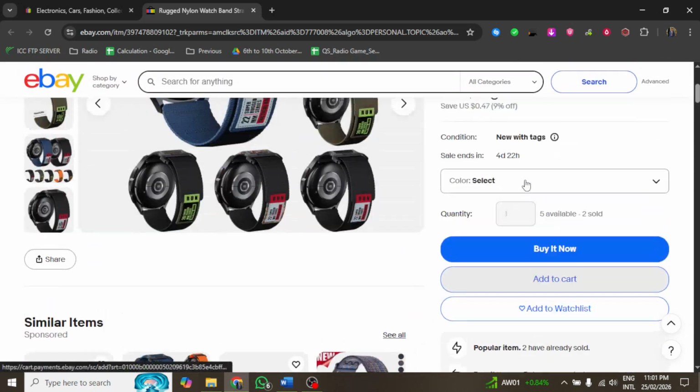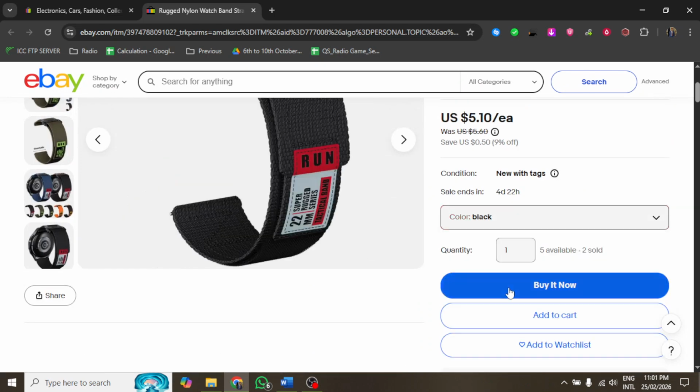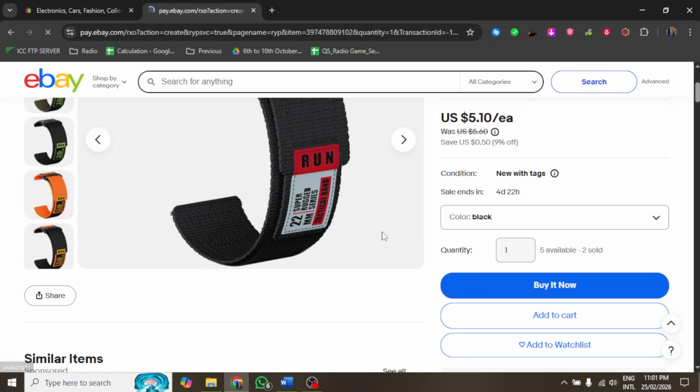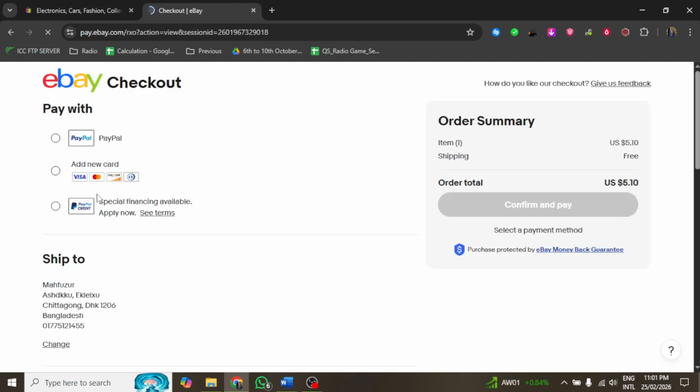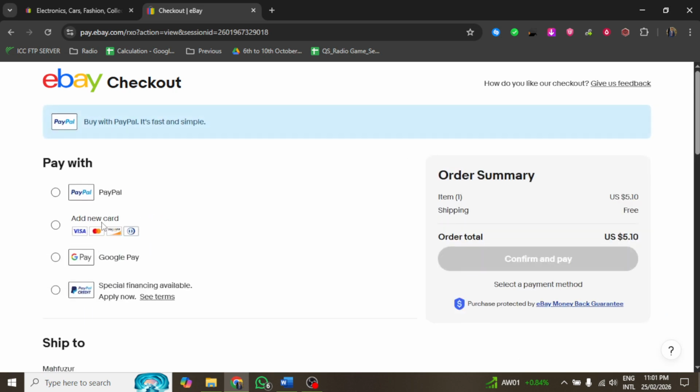During checkout, you will see various payment options available. Look for and select Afterpay as your payment method. It is important to ensure that the seller accepts Afterpay for the items you are purchasing. If you are eligible for Afterpay, you will be prompted to log into your Afterpay account to verify your details.